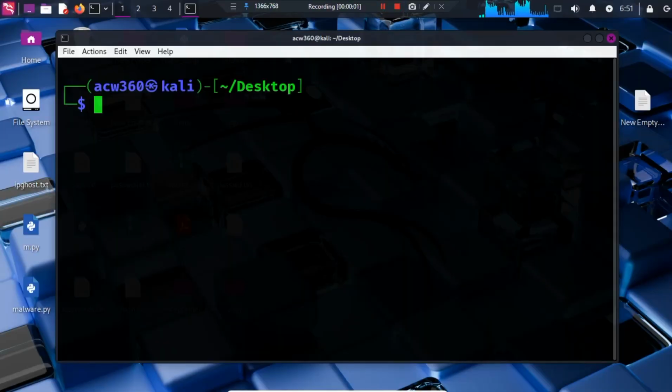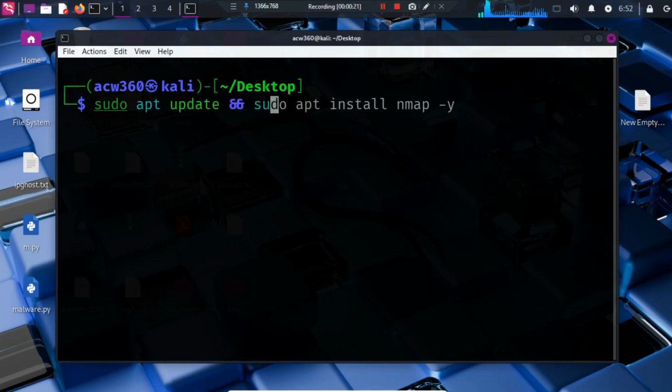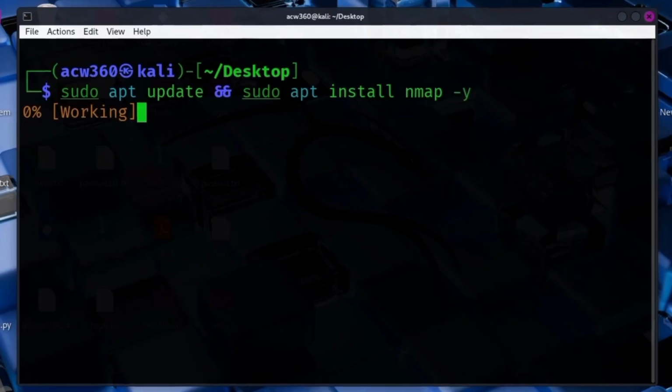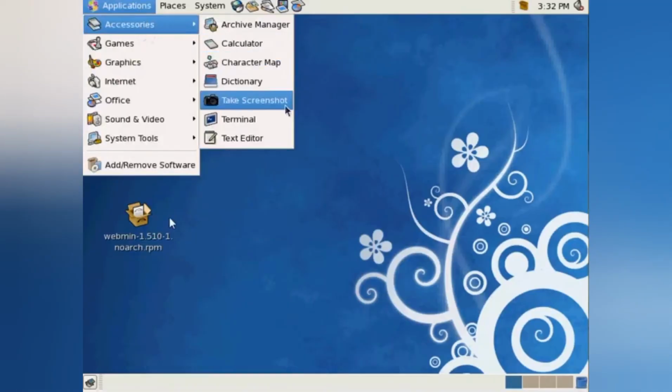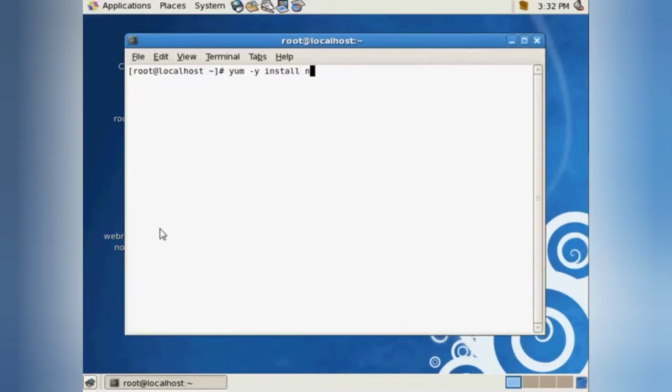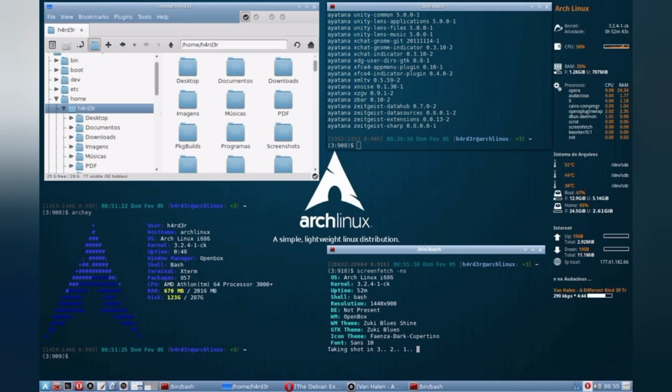Installing Nmap on Linux. Let's start with Linux, since it's the most common system for hackers and security pros. On Debian-based systems like Ubuntu or Kali, just run sudo apt update, sudo apt install nmap -y. On Red Hat or Fedora systems, use sudo yum install nmap -y, and if you're on Arch Linux, it's sudo pacman -S